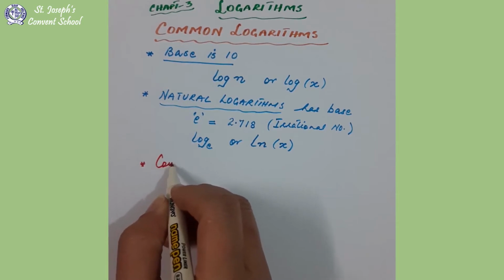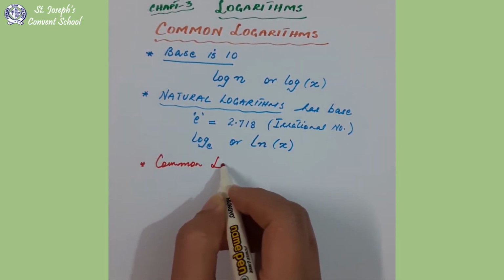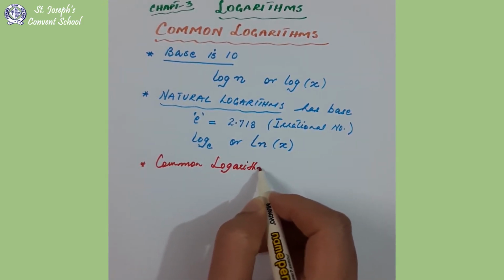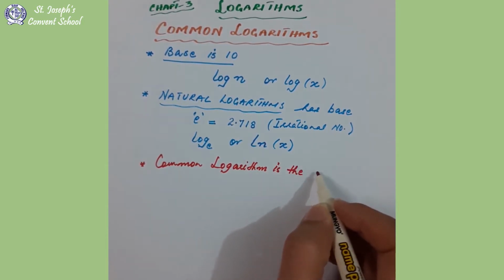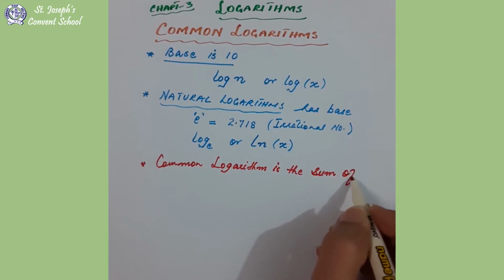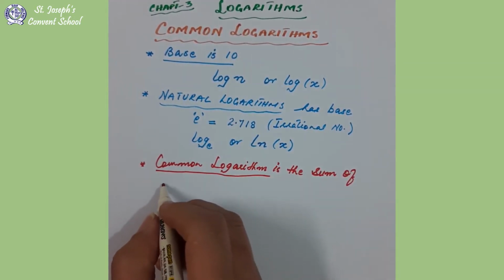Common logarithm is the sum of characteristic